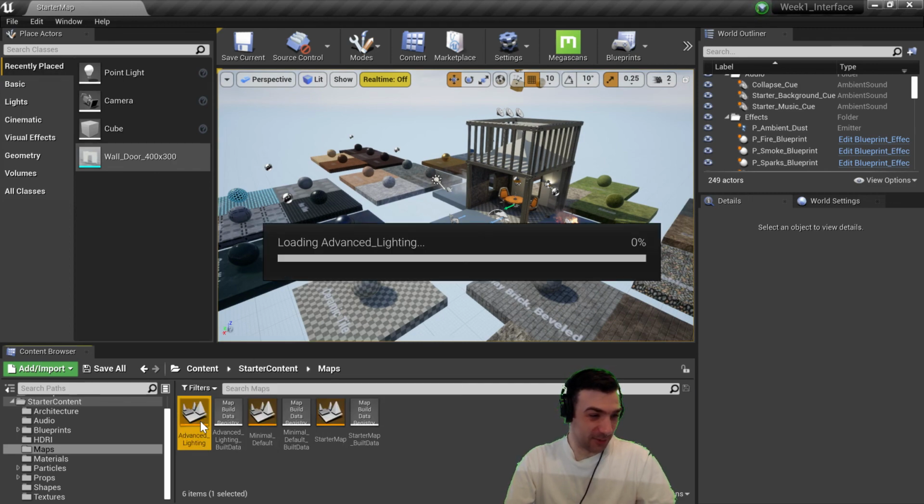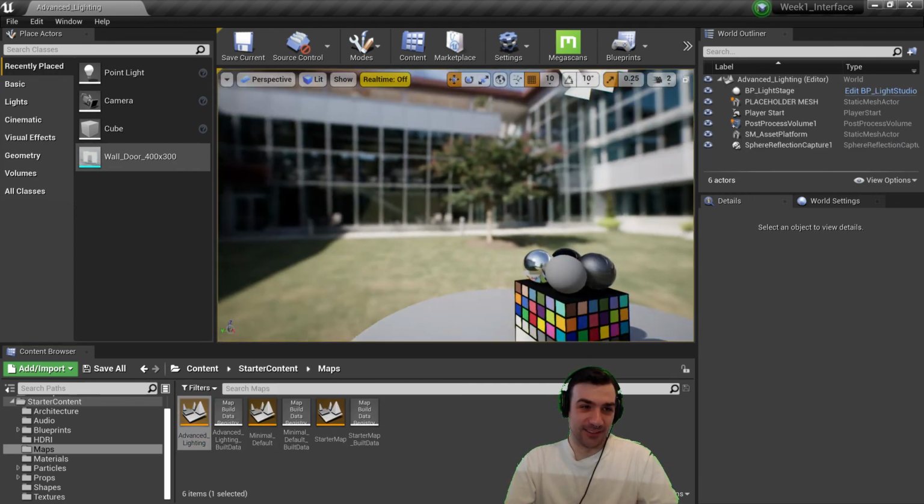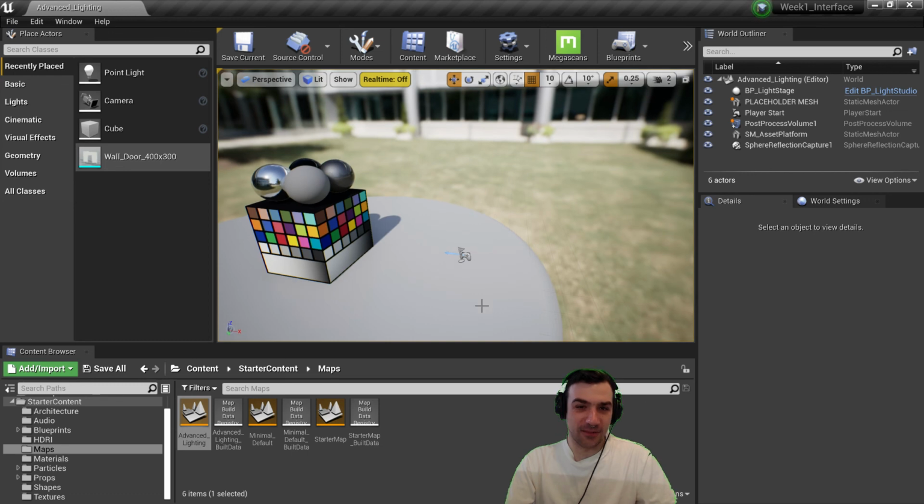Advanced lighting, double clicking that. There's much more going on here. You don't have to look at this, but I just want to say, maps or levels, you can have multiple of them in a game or in a project. And each one will save as its own thing. So yes,